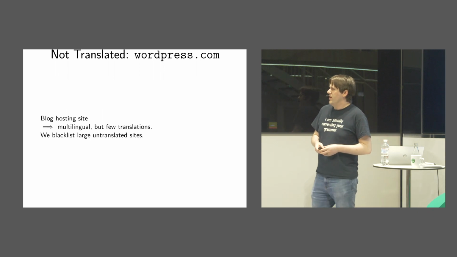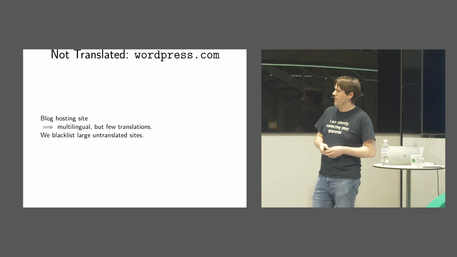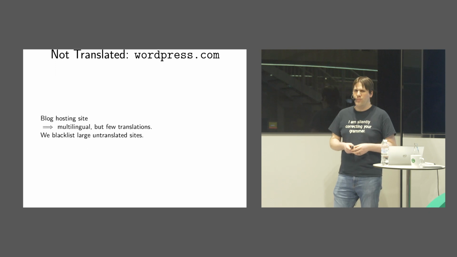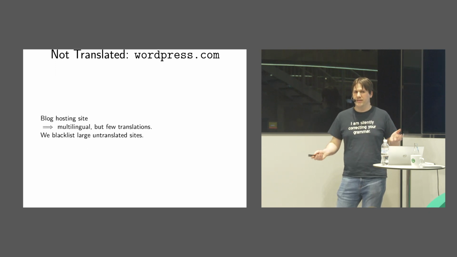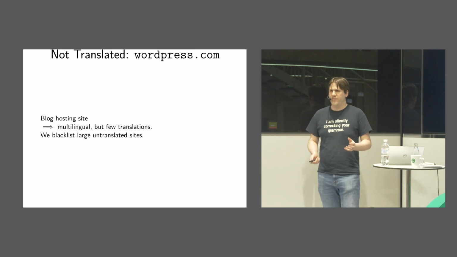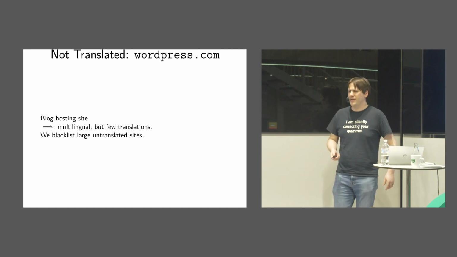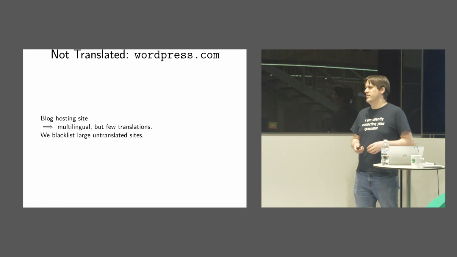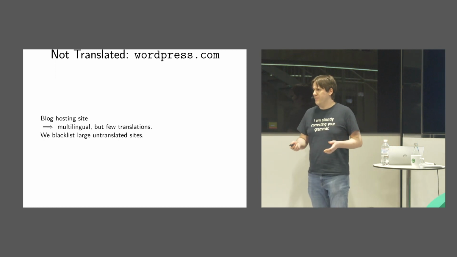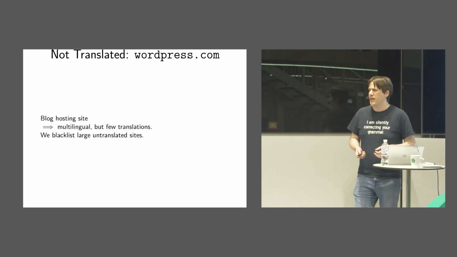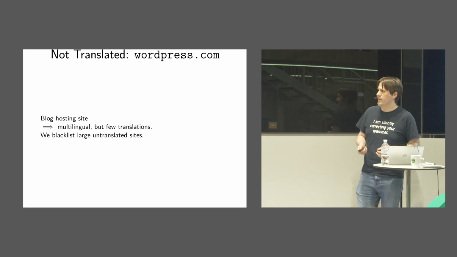So I earlier commented about our heuristic about just looking for websites that have lots of content in languages we care about, but WordPress.com has a lot of content in various languages because they host people's blogs, but not much of it is translated. And actually, it was big enough that we just added a rule saying we're not going to crawl WordPress.com. It probably won't have a lot of translations in proportion to it. Kind of dumb, but in principle, something that the system could learn at a much larger scale. And honestly, this is more a performance optimization more than anything else.